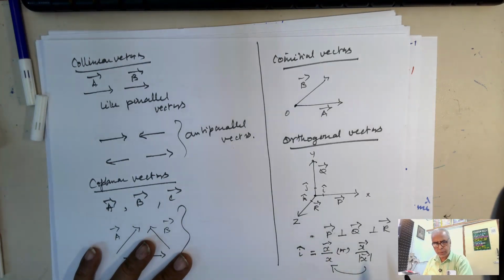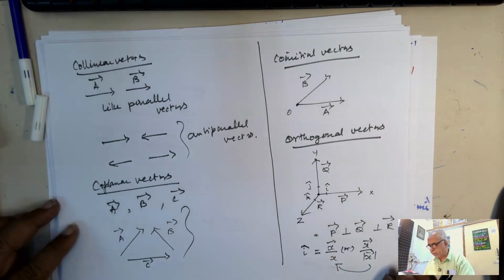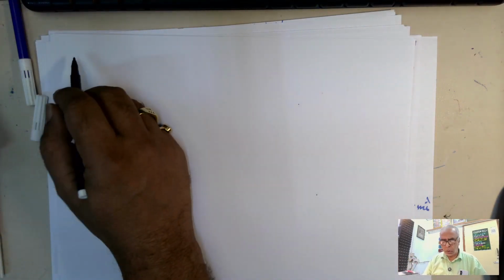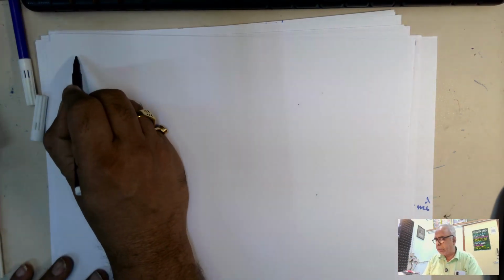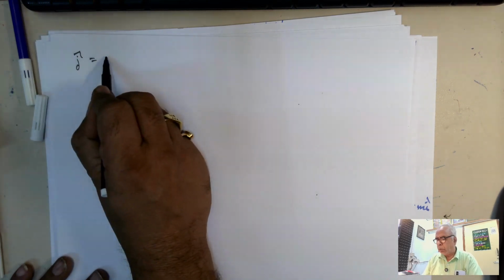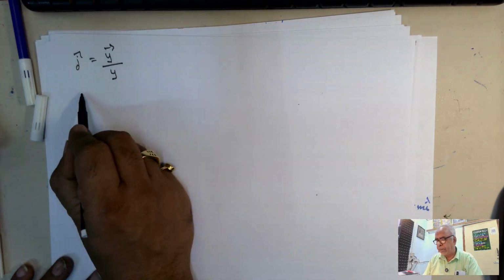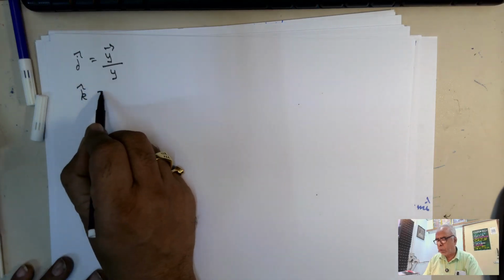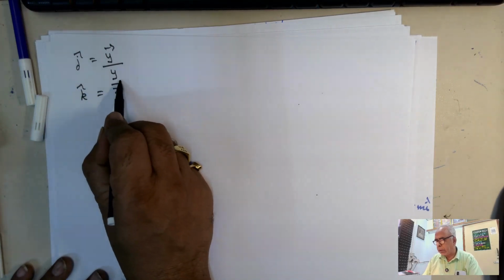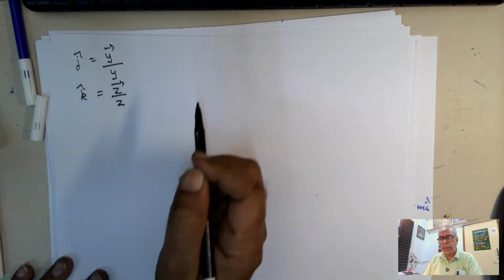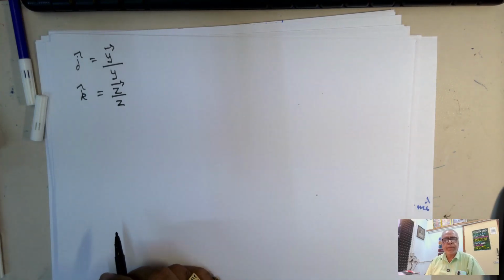So that is why I put simply x. Do you understand? Then similarly, j cap, what is that? Y vector divided by y. K cap, z vector divided by z. Got this point? Okay,